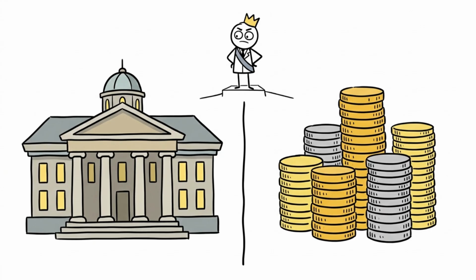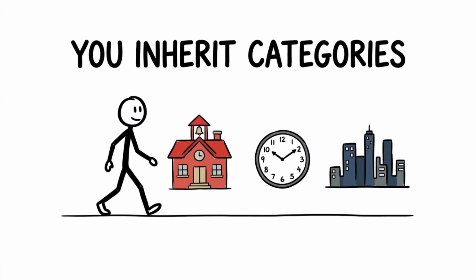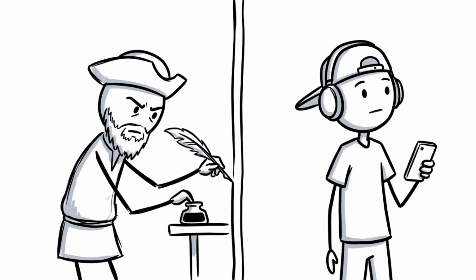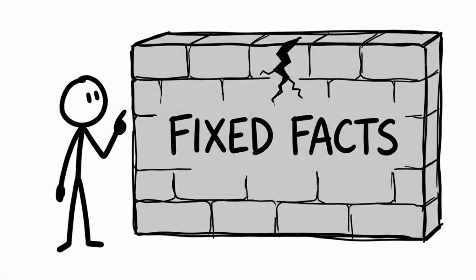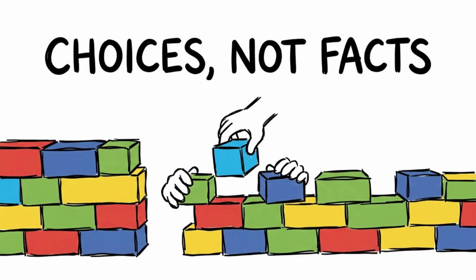You do something similar every day without realizing it. You inherit categories. School districts, time zones, even the shape of your own city were often drawn by people who died centuries ago for reasons that no longer apply to your life. You treat these lines as fixed facts about the world. They were choices made by specific people for specific administrative convenience, and then frozen in place by habit and by the sheer difficulty of redrawing anything once enough generations have grown up believing the line was always there.